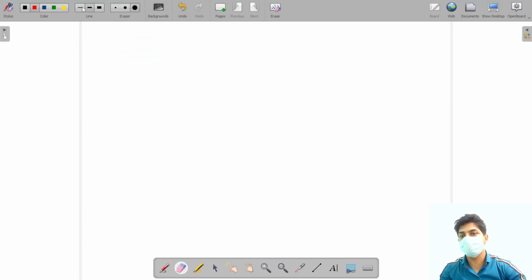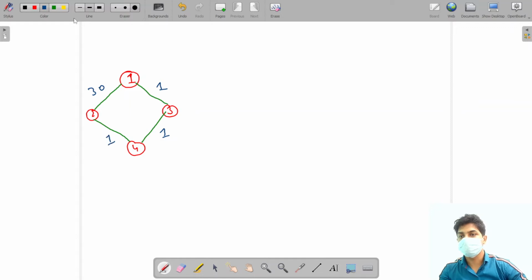Earlier, suppose this is the graph: node 1, node 2, node 3 and node 4, and these are the edges between the nodes. This is the cost: this is 30, and the other costs are 1 unit, 1 unit and 1 unit.